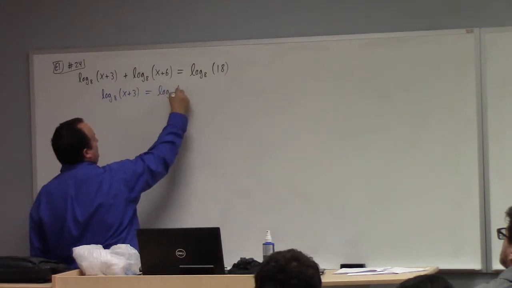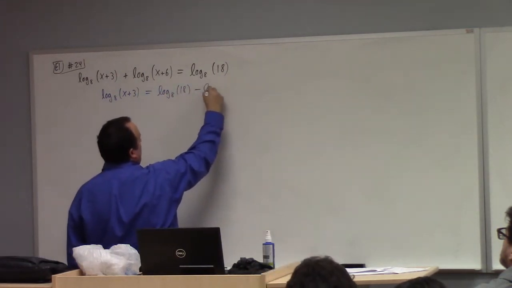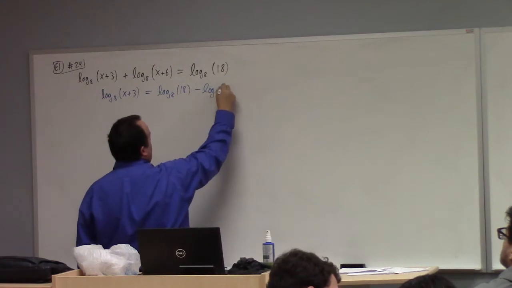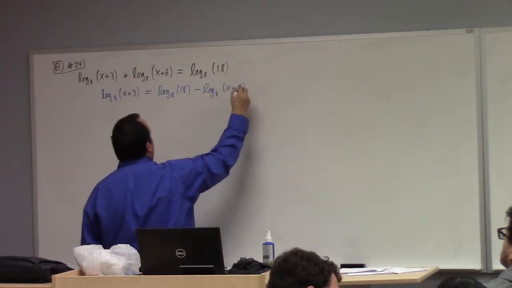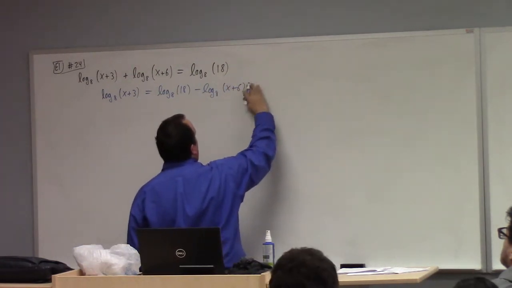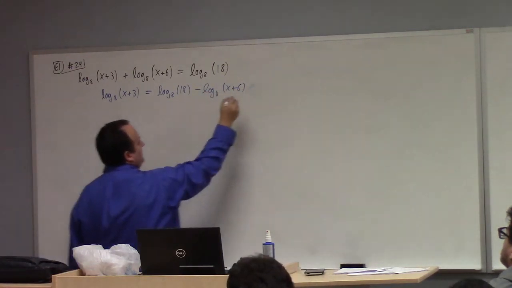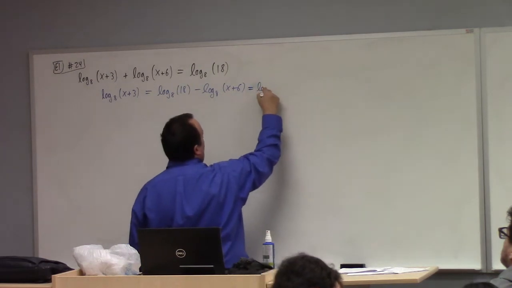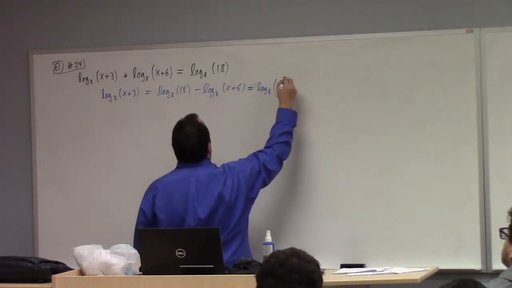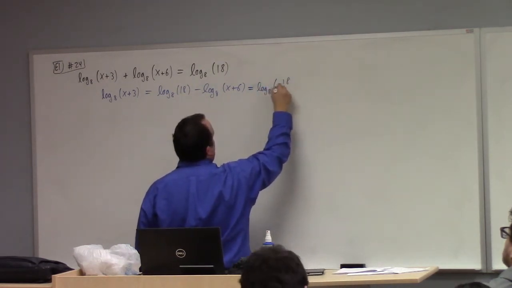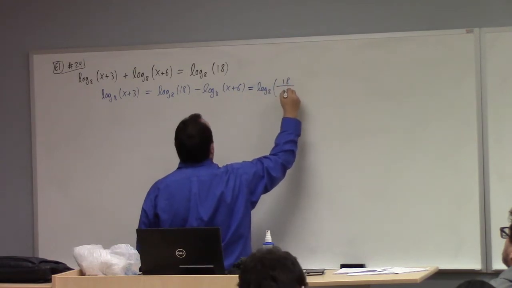This is not how I would usually do this problem, but since you said it, I'll try it. So this is log of, I would rather think that the whole thing equals 0, 18 over x minus x plus 6,